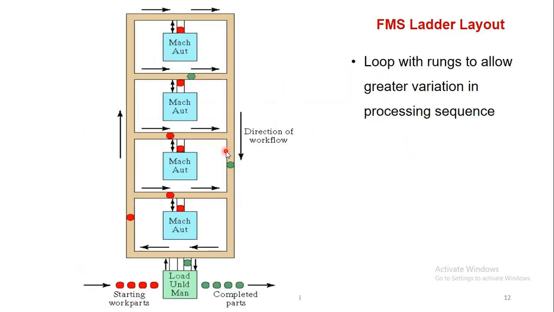Next is the ladder layout. In the case of a ladder layout, each workstation itself has all this directional flow, or the conveyor all around it, okay. So the parts come here, go here, or get operated, go here, then it will come out, goes to the next one, maybe comes out here, goes to the third one, the fourth machine.